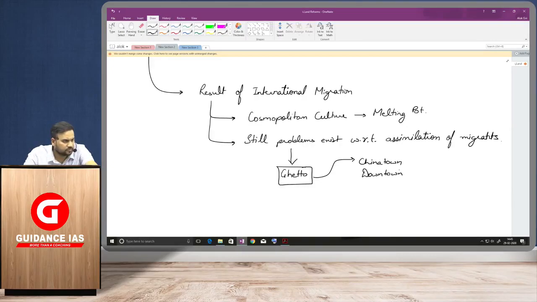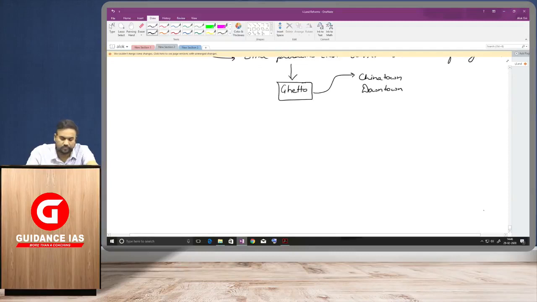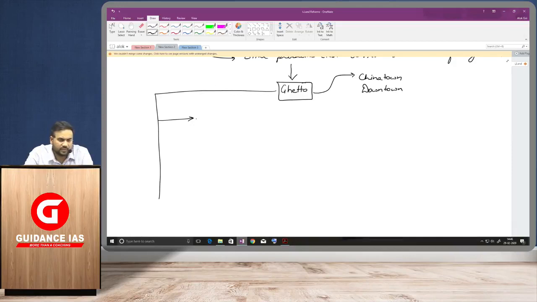We have already seen what a ghetto is. A ghetto is a concentrated pocket present in a city where there is concentration of people from a particular community. Now, such ghettoization in North America has been the result of a number of factors. More specifically, if we look into these factors, before the 1960s, or up to 1960, such ghettoization was the result of discriminatory land use and rent policy